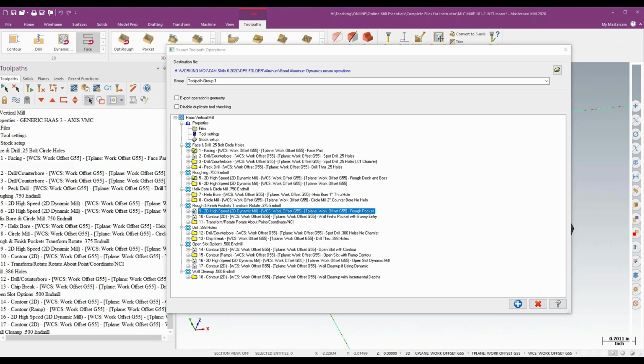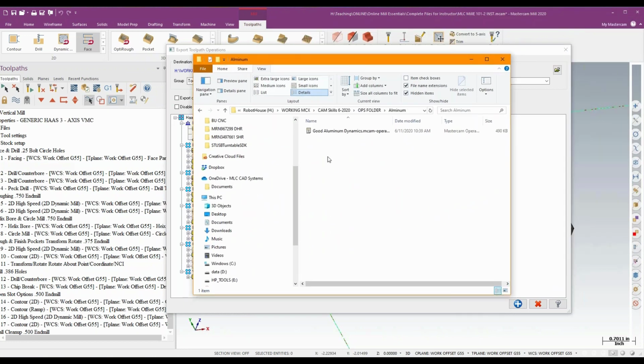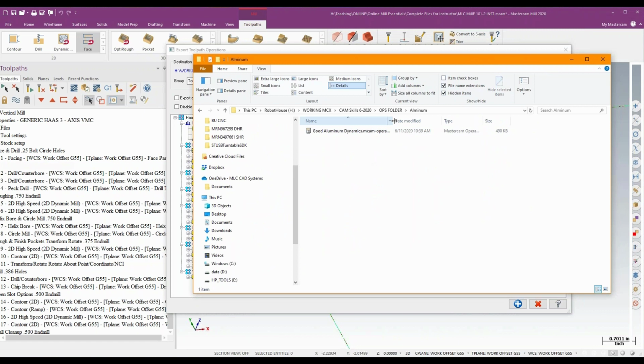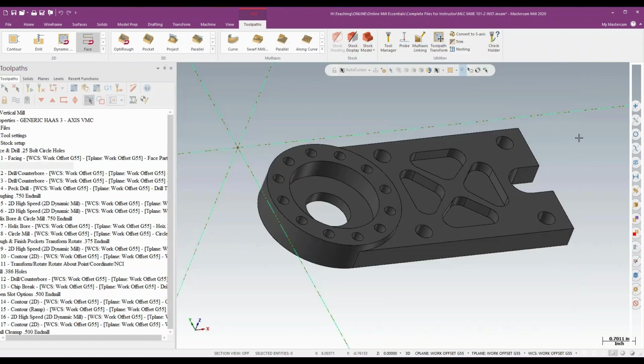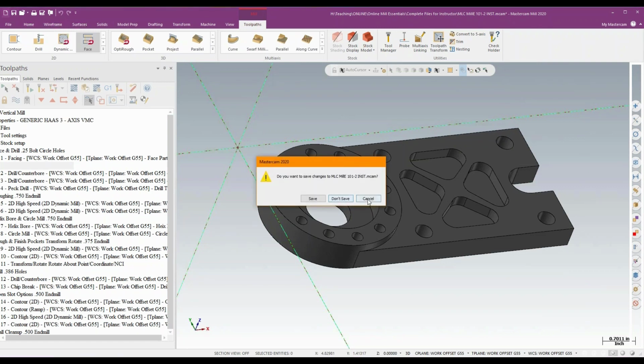I'll go ahead and bring it over on this screen, you guys can see it. So apologies. There is that operational database. So those toolpaths now exist in here. Those 3 are sitting in there, and I can use those over and over and over again. So after it's exported, I'm just going to close this window, and I'm going to move on to a second part because I want to show you the import side of things. So I'm just going to go ahead and clear this guy out,